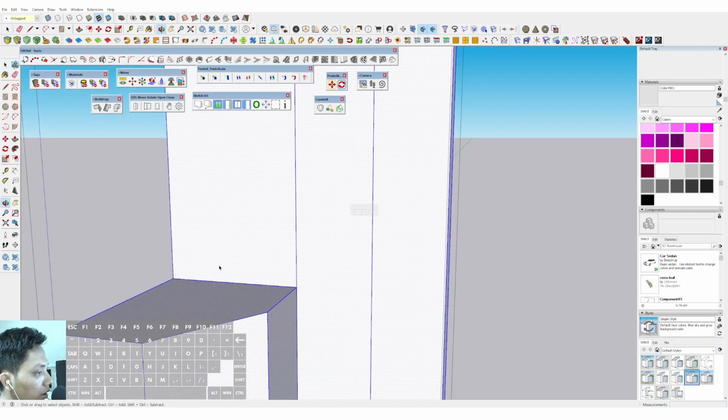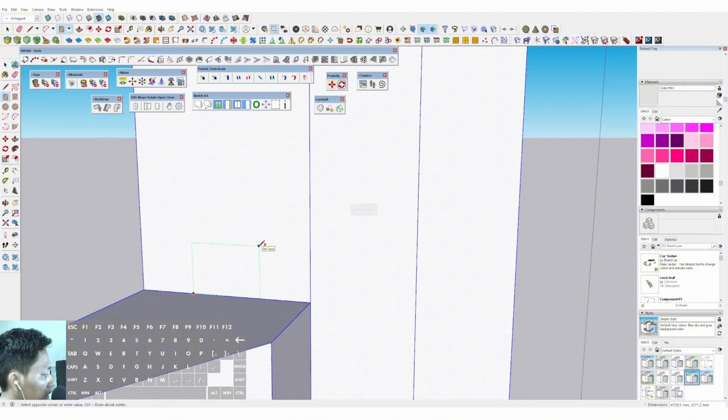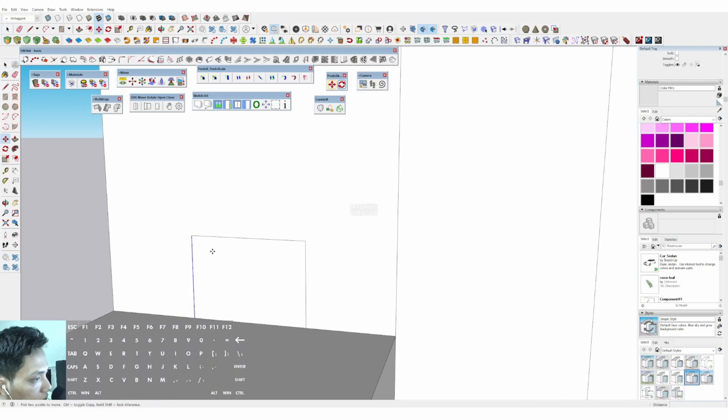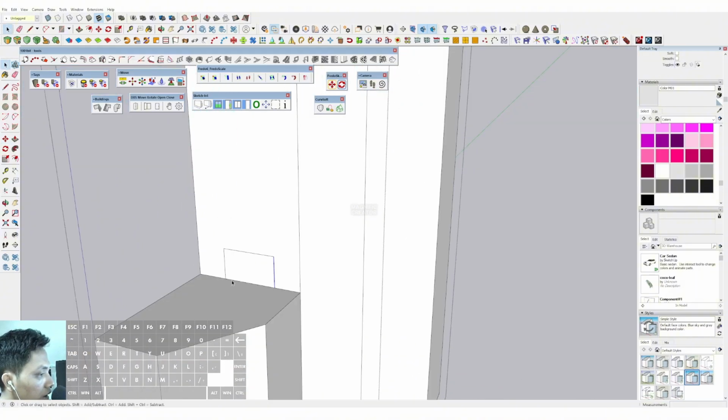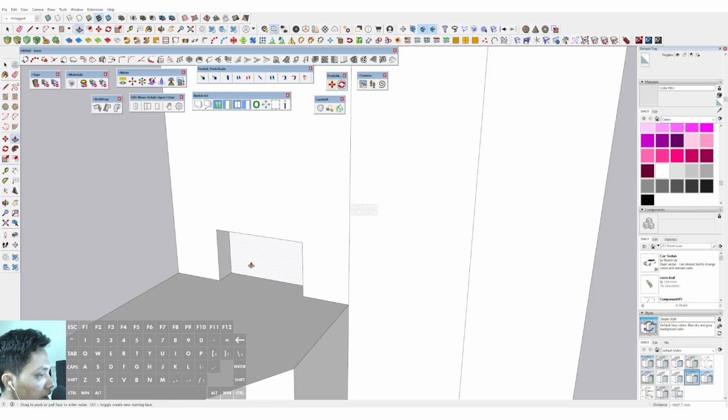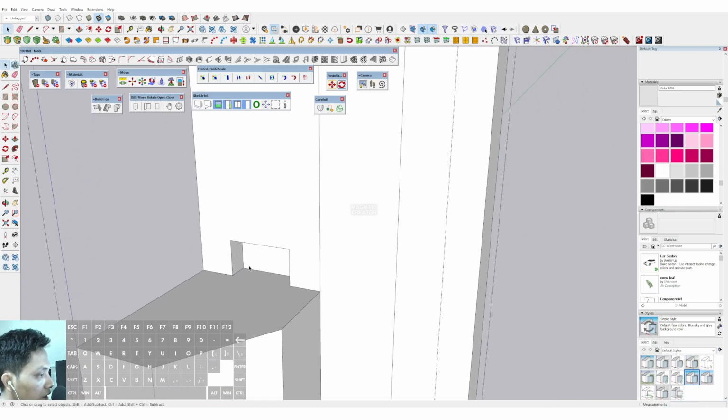Okay, we can make the entrance door for the rooftop area in here. Okay, the door height is around 3 meters and the width is around 4 meters approximately. And we can move to the other side, and also this one. Then we can move to the other side. Okay, and then we can also push it to the behind. Okay, we can push it to the behind to make